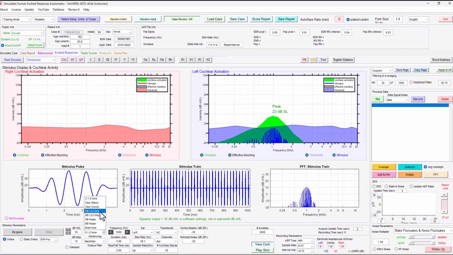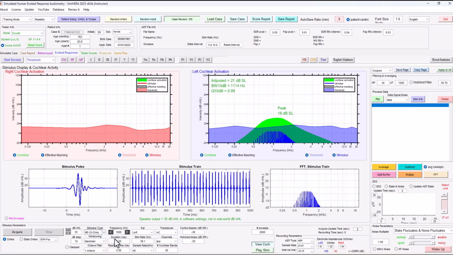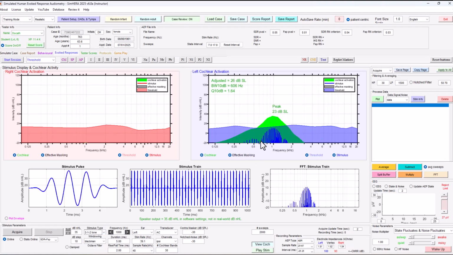We can change that to a narrowband level-dependent chirp by clicking on that, and you'll see that it updates the activation pattern here. Also, it gives a dB SL adjusted level, which I won't talk about here, but it gives the bandwidth at 10 dB down and the Q10 dB, which is a measure of its sharpness. Those are the two things that we're going to be looking at in this mini assignment. So let's just flip back to that 2-1-2 tone and observe what we're seeing with the cochlear activation. There's the 2-1-2 tone,